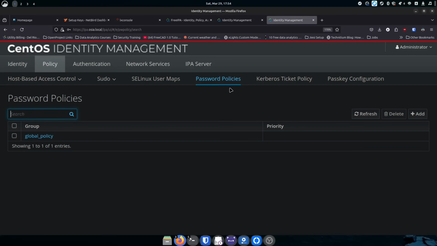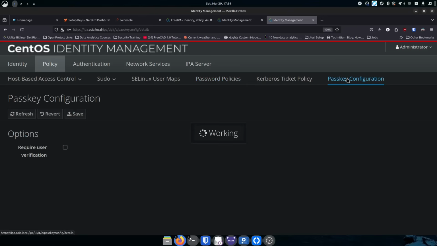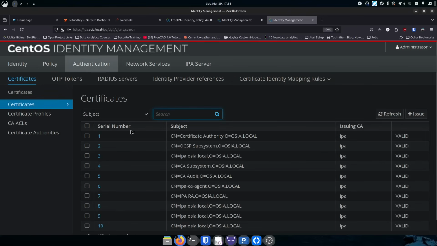You can go through and set up those policies to make sure that people are keeping their passwords nice and strong. So very useful there as well. Here's your Kerberos ticket policies, and then you've got your passkey configuration if you need to set up passkey stuff as well. On the authentication side, you've got a lot of certificate information here that gets generated, and you can